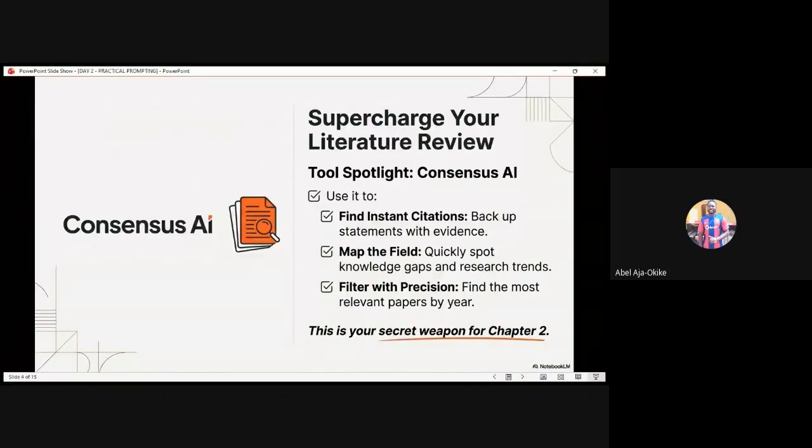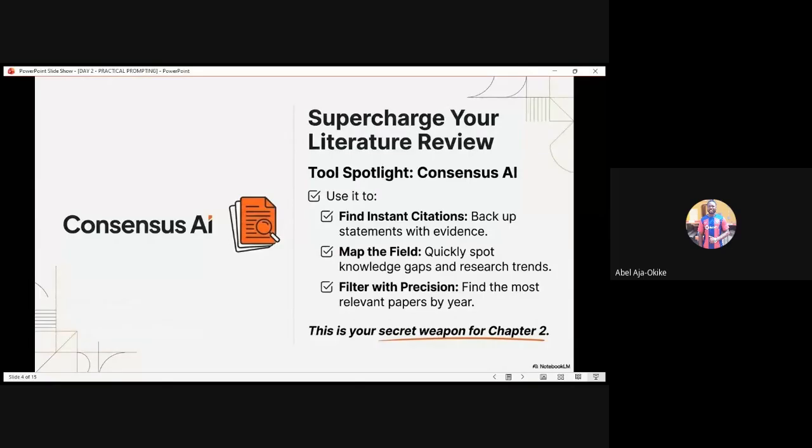Now, the way the app is built is such that your output is going to be in the form of a PDF. And of course, for those of us who are tech inclined, we have a lot of tools that can convert PDF to Word, just in case you're looking forward to making use of that literature review. So that is very important.